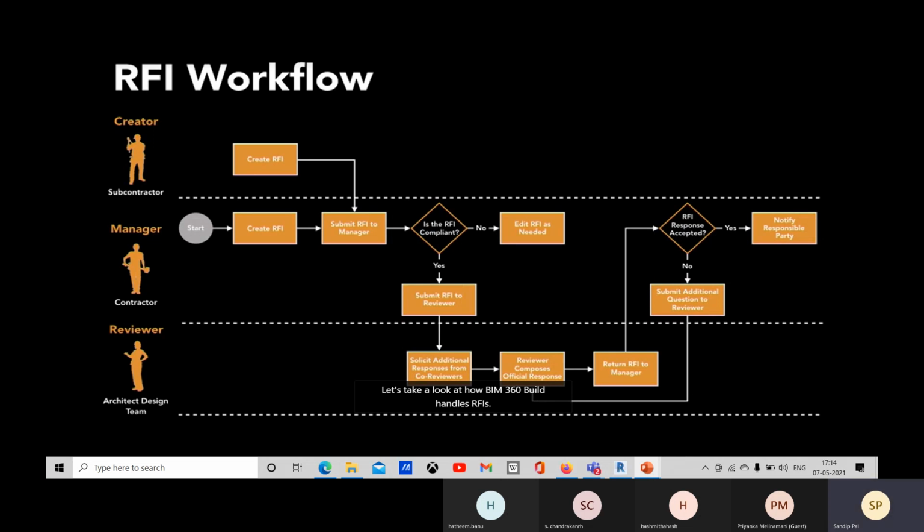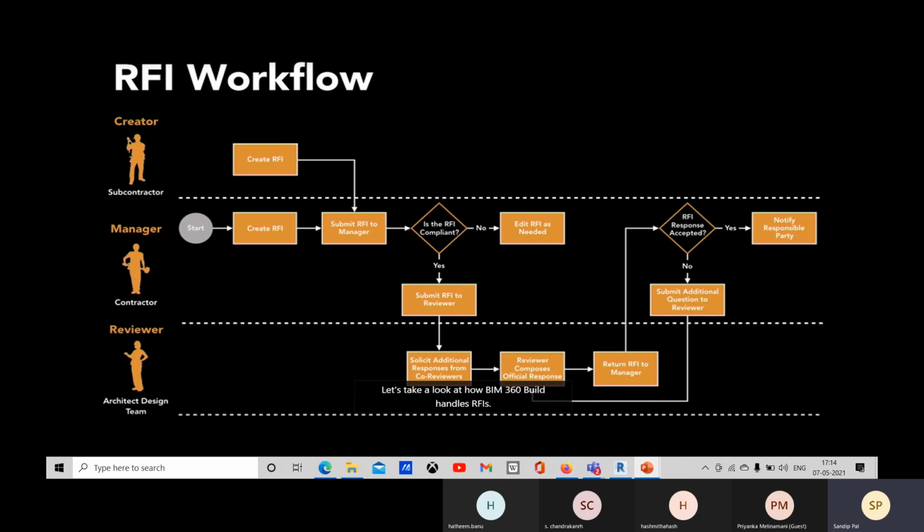Then the project manager will verify it, check whether it is proper or not. If it is proper, then he will go for the next step. If it is not correct, he will reject it, or send a message to the creator to resubmit with the correction.